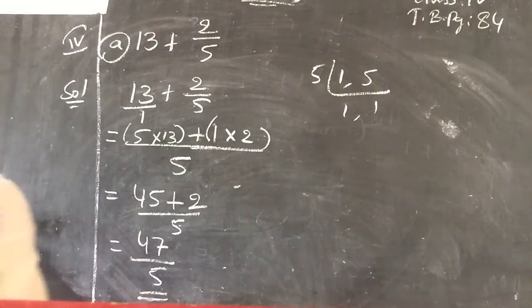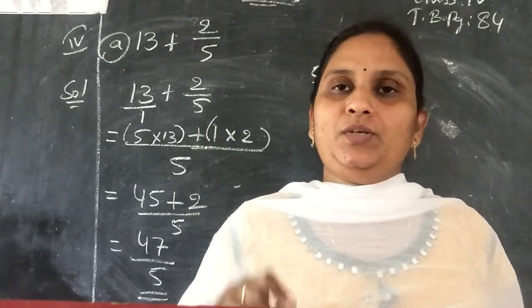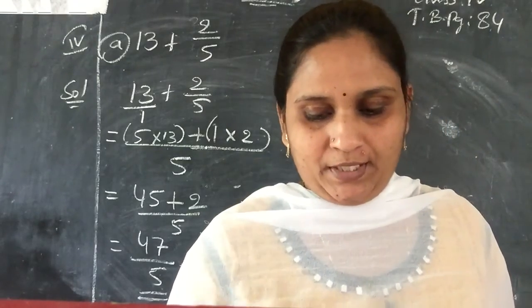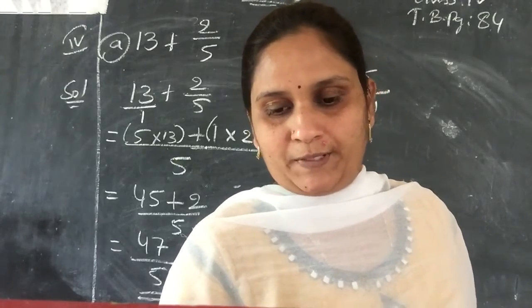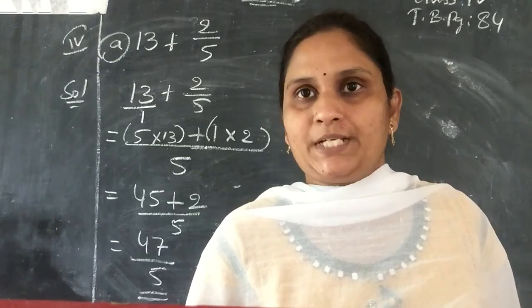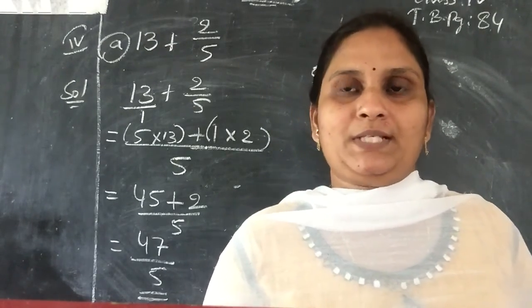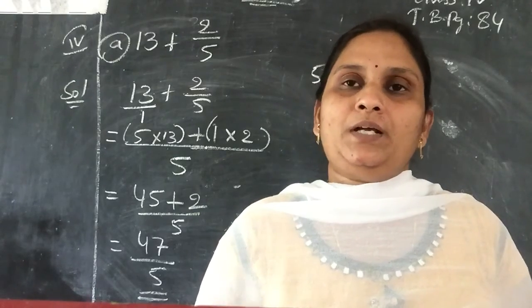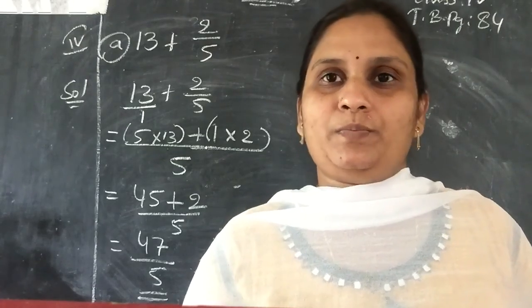Okay, like that. Second one also has whole numbers only. Below the whole number you write 1 as a denominator. Okay, so in this section remaining sums you can do as homework. So like that, today textbook page number 84, sections 1 to 4 are there. The remaining sums, after taking the classwork, whatever sums are left over, all those sums you have to do as homework neatly in your maths notebook. Okay.